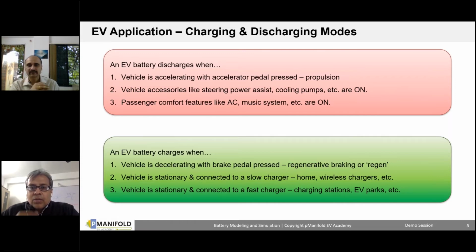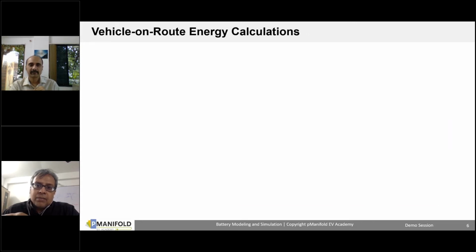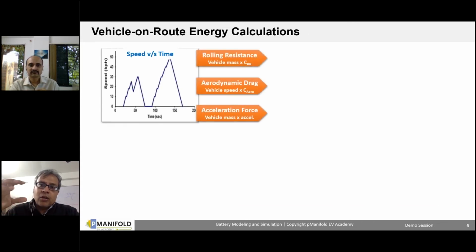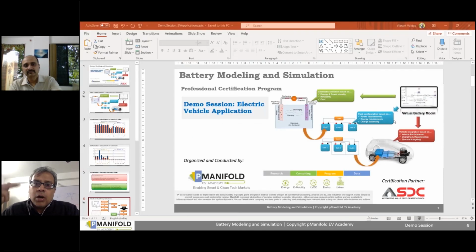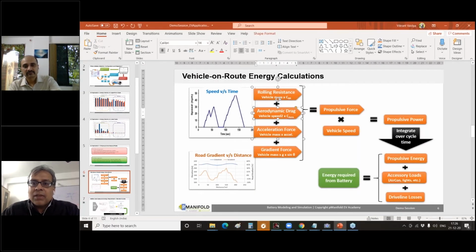I just want to make a point to everyone: all these charge and discharge use cases are something that, as part of this program, you will learn to model as a load onto the battery. You will have a battery model, and these are different loads which will be acting on the battery, and that will determine different usage or charging of the battery. And that needs to be controlled with the right algorithm and right control design, right intervention, and those things you will be able to model, understand, and see yourself in the course with the right modeling. So that is what this course is about.